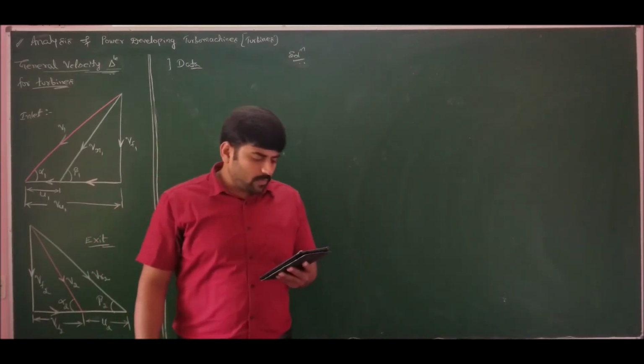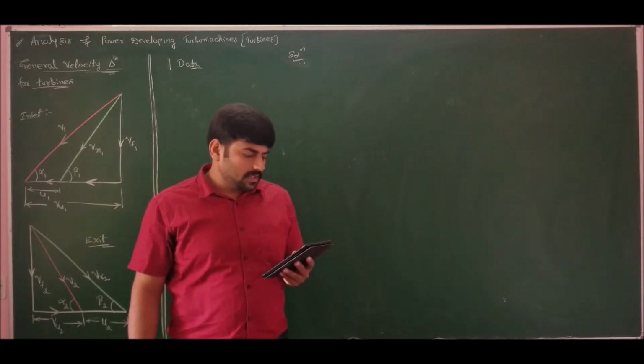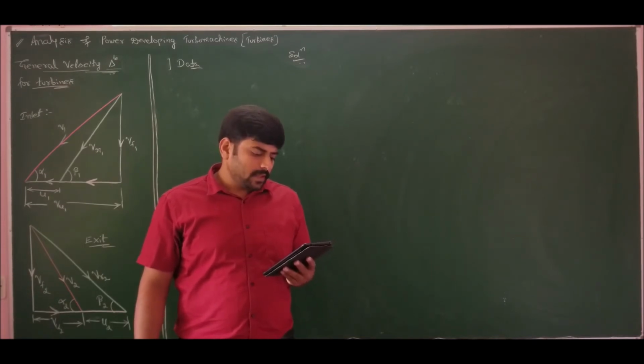Next, moving ahead to problem number 8. Problem number 8 states that the data pertaining to an impulse turbine is as follows. Steam velocity is 500 meters per second. Blade speed is 200 meters per second. Exit angle of moving blade is 25 degrees measured from tangential direction. Nozzle angle is 20 degrees. Neglect the effect of friction when passing through the blade passage. Calculate inlet angle of moving blade, exit velocity and direction, work done per kg of steam, power developed and diagram efficiency.